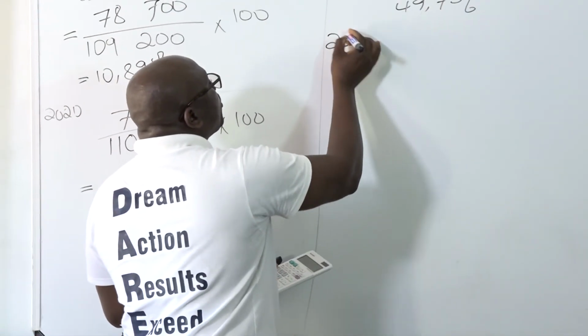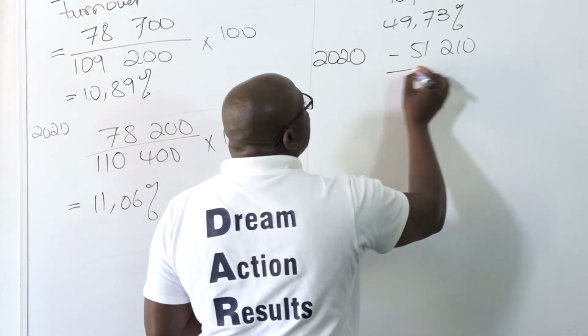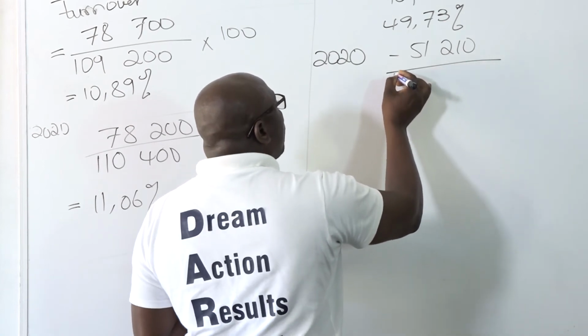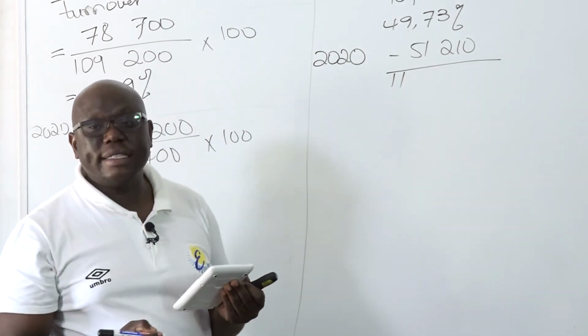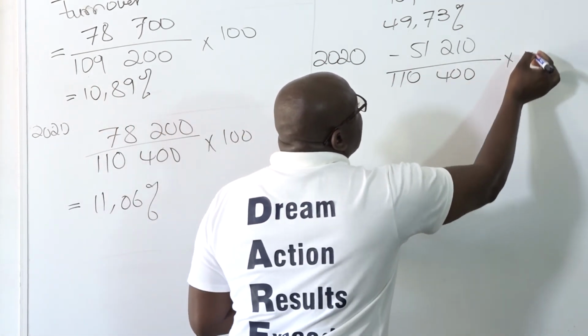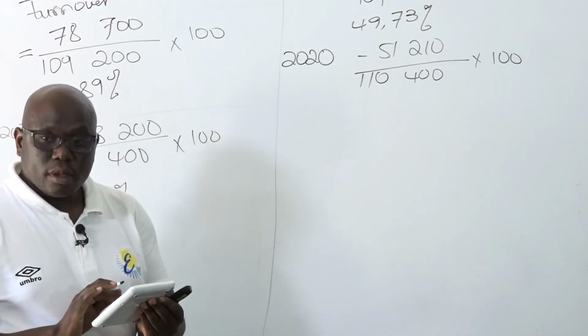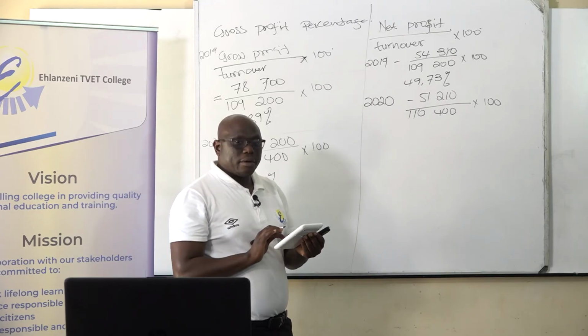In 2020, our net profit is 51,210, which we divide by our turnover, which is 110,400. And then when we calculate using the calculator, it gives us